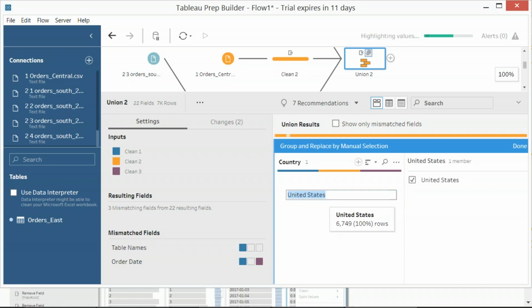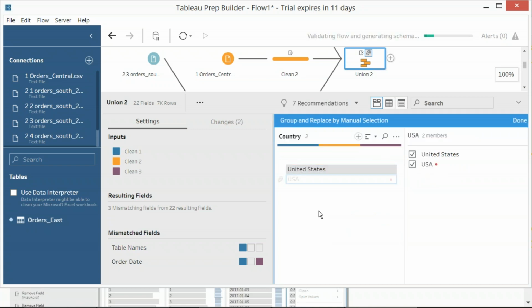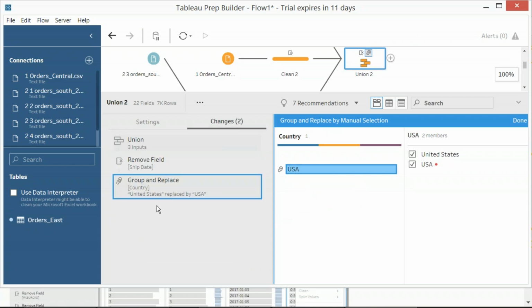Okay, now just double click on this left side entry here and the existing text, remove the existing text and supply a new value and click with your mouse outside the window. It comes with a small plus symbol, and next changes, it says United States replaced by USA. In the changes, the audit tab, changes step audit tab, we are auditing the steps. For example, we did union, then we did remove field, then we did replace.